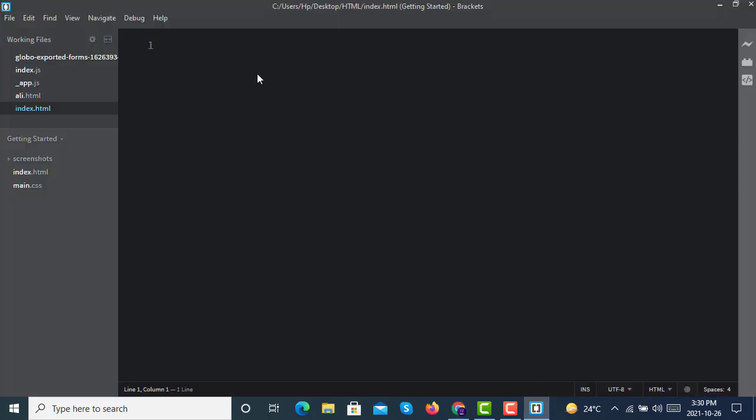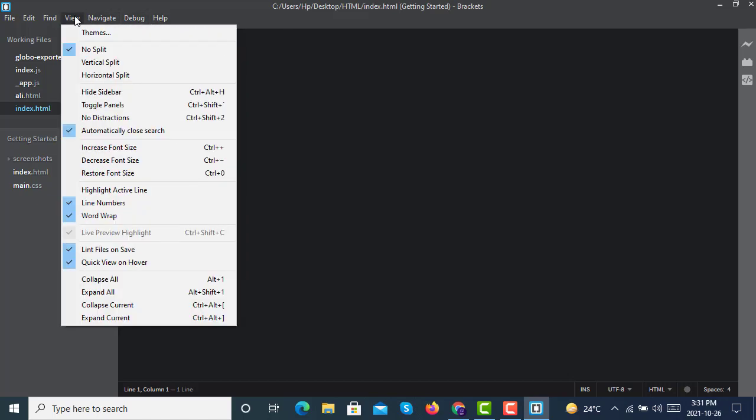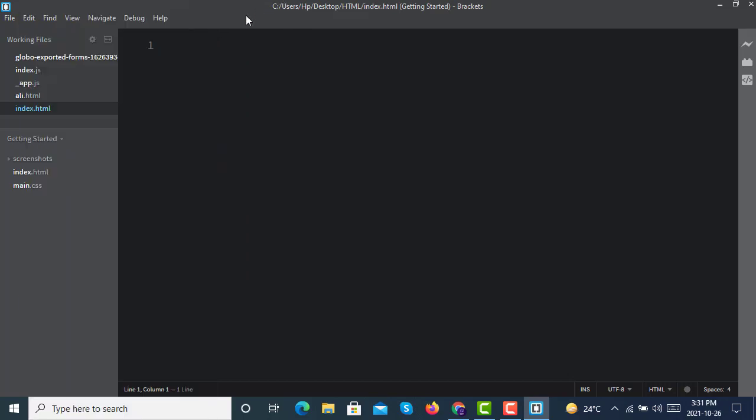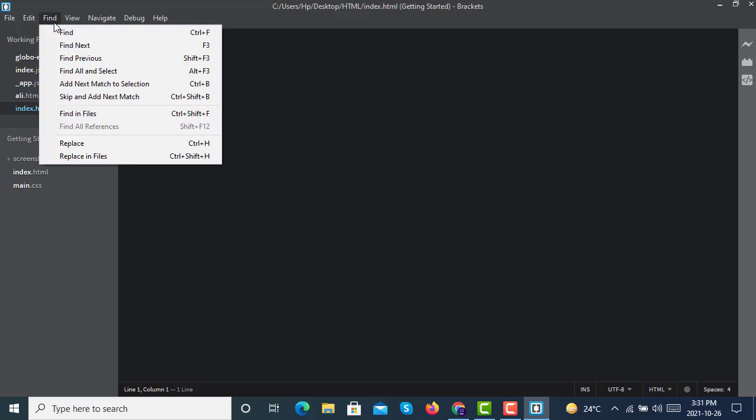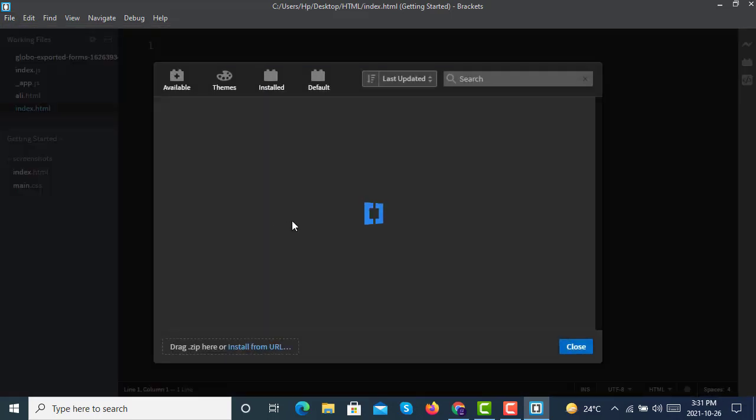So you will have to go to Brackets, to the file we have already created, index.html. In Brackets, you can install something called HTML skeleton. This can be downloaded from here. If you go into the settings here, you'll have to download the extensions basically. Here in the extension manager, you'll simply have to write here